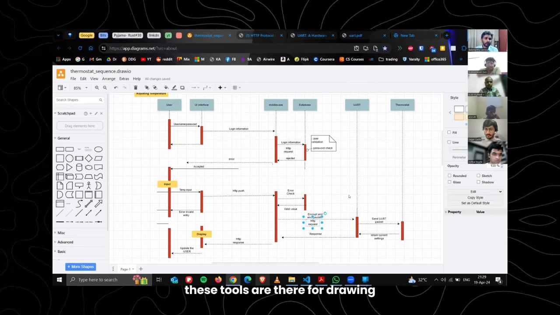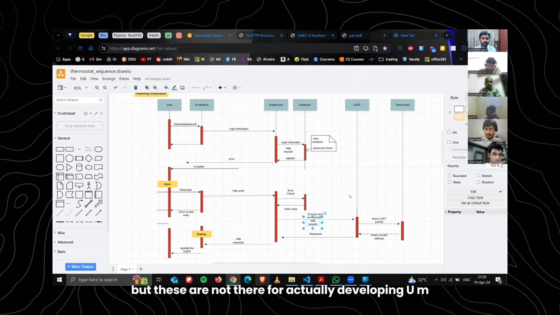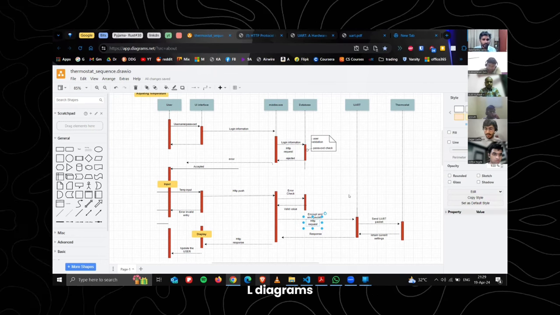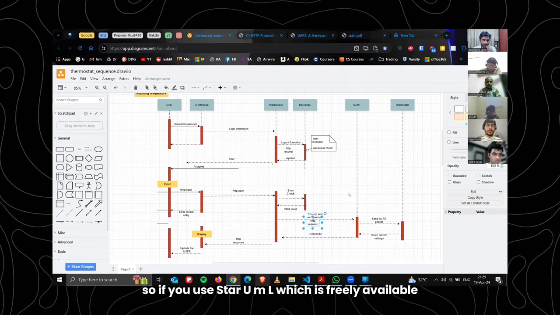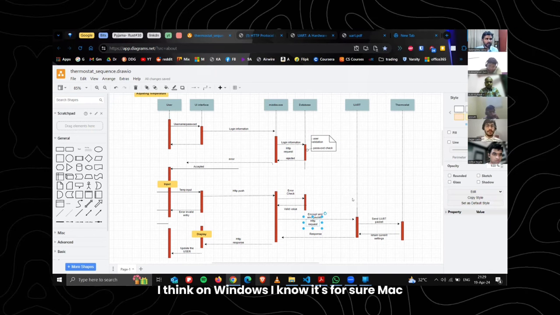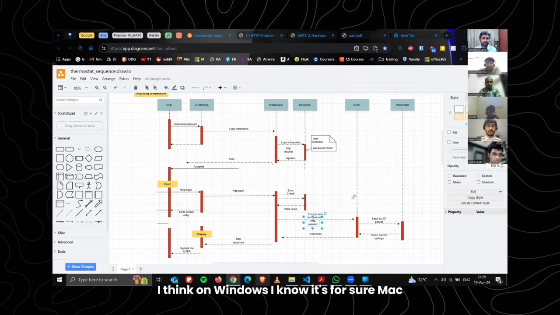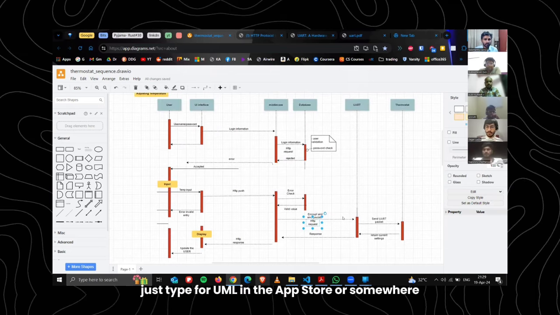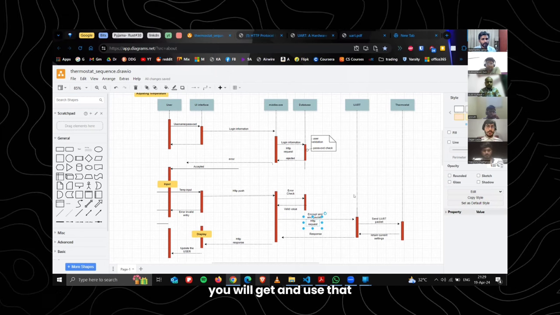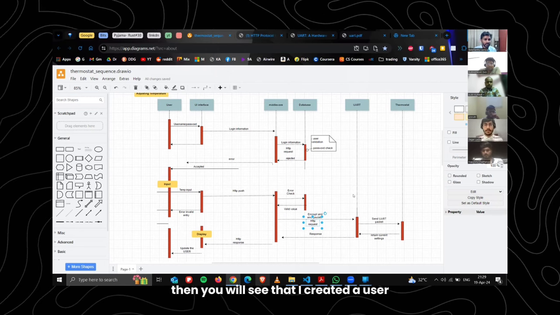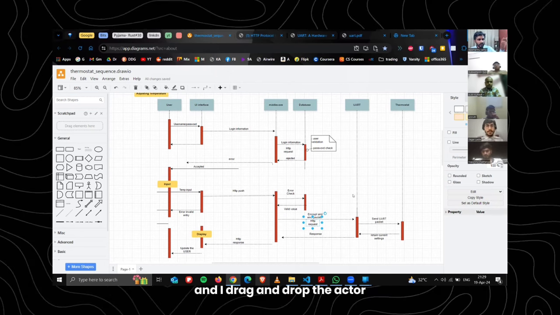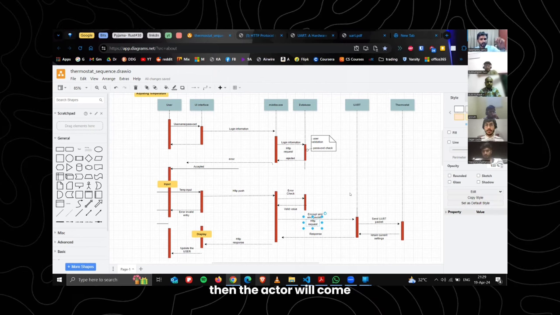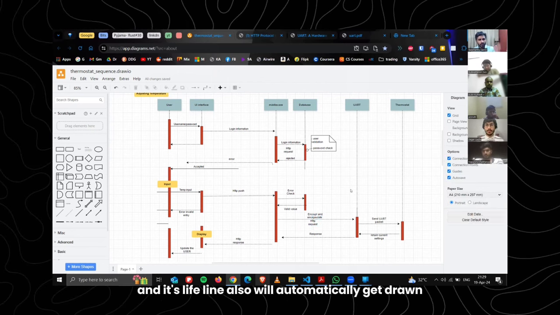These other tools are there for drawing, but not for actually developing UML diagrams. Star UML is freely available, on Windows I know it is for sure. Mac, I don't know, it should be. But in Linux or other places, there are many tools available. Just search for UML in the App Store or somewhere, and you will get it. Use that, then you will see that when I create a use case and drag and drop the actor, the actor will come and its lifeline also will automatically get drawn.